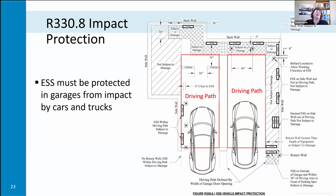So a comment just came up. Most garages won't have an extra 4.5 feet. That is absolutely correct. And these are only required when somebody's putting battery stacks in their garage. They can put them on the sides, as we see here as well. So the right side of this garage has